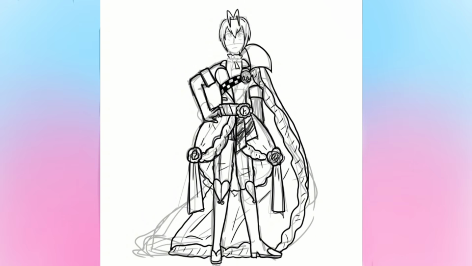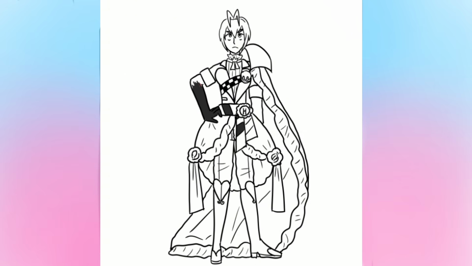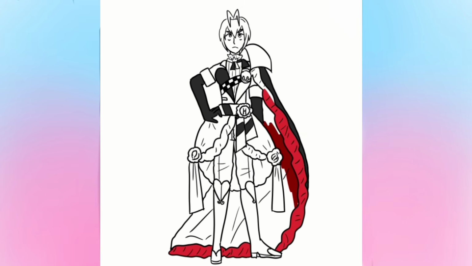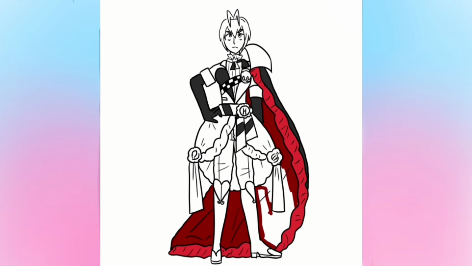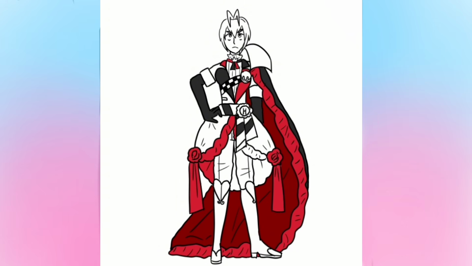There's plenty of details I did miss though, such as the tiny crown he likes to wear, which I have no idea how he wears on the side of his hair, but whatever. The gloves that weren't nearly as long as I remembered in my head. The tiny details on the top half of his outfit, and the skirt-adjacent cape thing he's got going on that I fashioned into this weird,